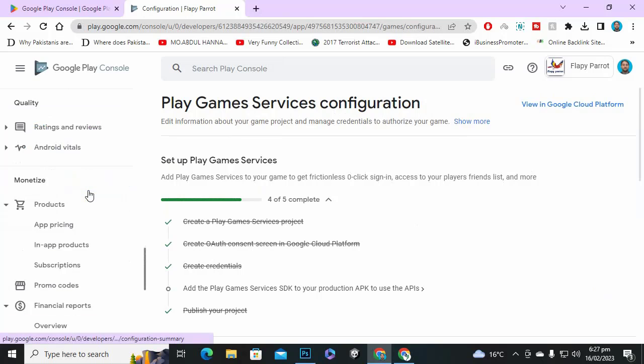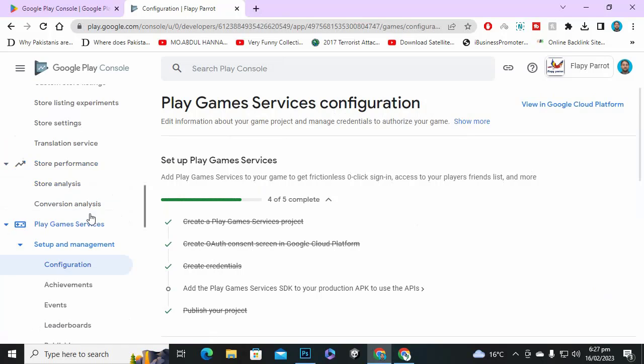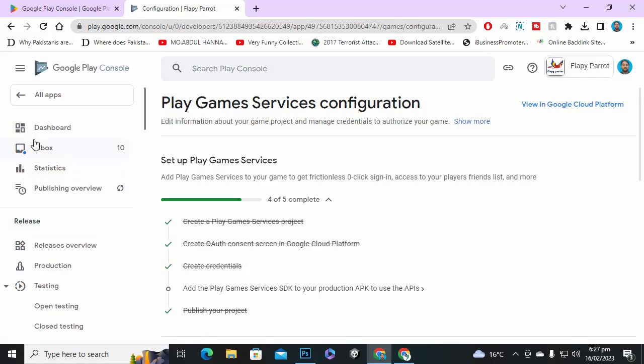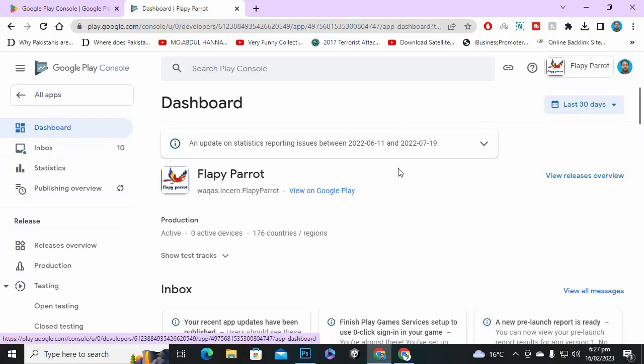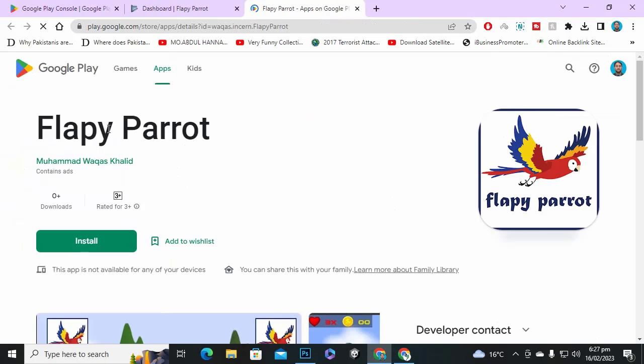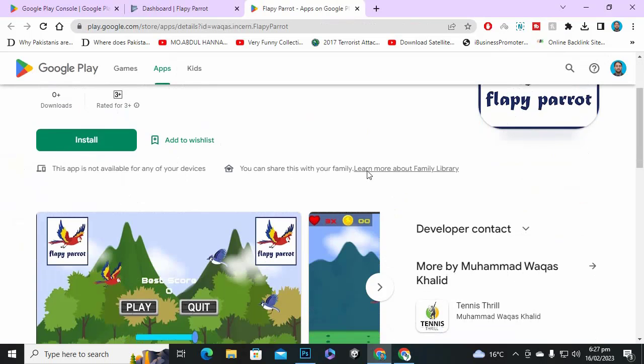So that's it for the game publishing steps, and now everything is ready, and in the final stage you can just click on publish and everything will be published. And now you can see Flappy Parrot. If we go to Google Play, you can see that our game is live. You can see here the